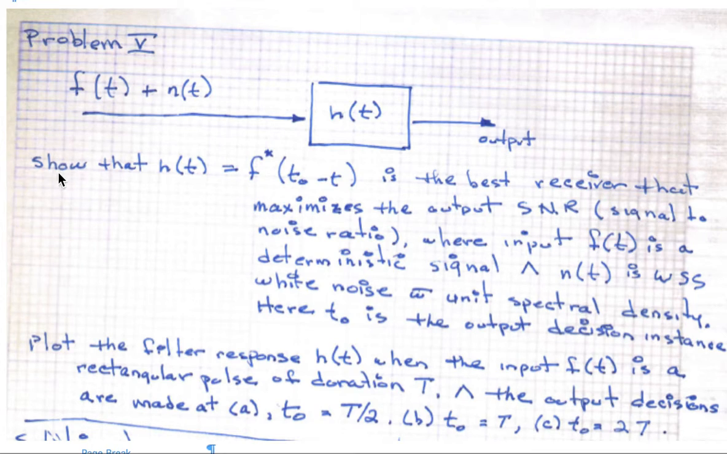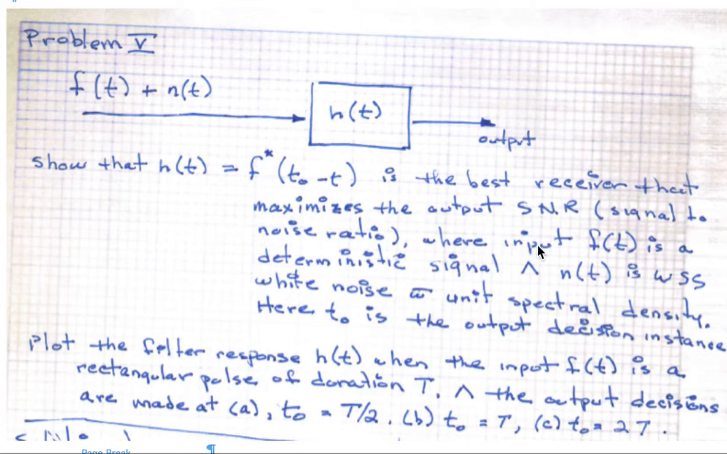In Problem 5, we were given a system, as you can see graphically displayed, where f(t) plus n(t) is fed into a system with a particular output. We are charged to show that h(t), the impulse response, is equal to f star of the interval t0 to t, is the best receiver that maximizes the signal-to-noise ratio output,